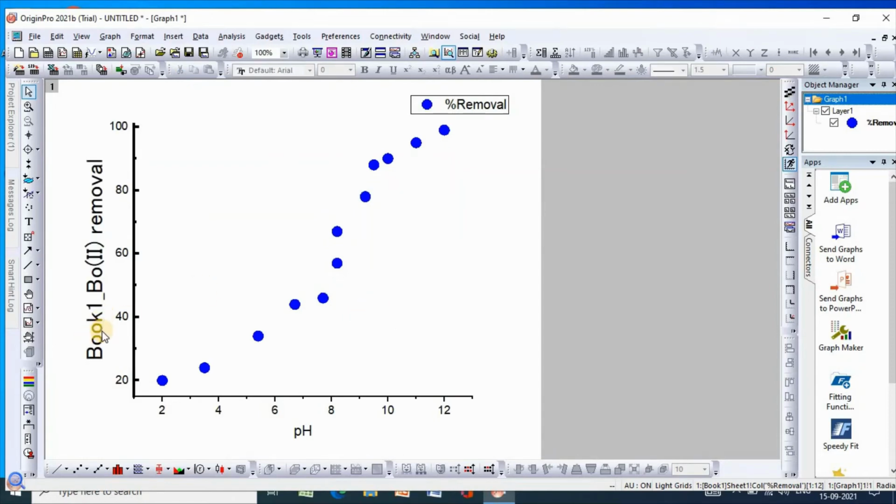So see, this has been changed. Now you can easily edit by double clicking here.